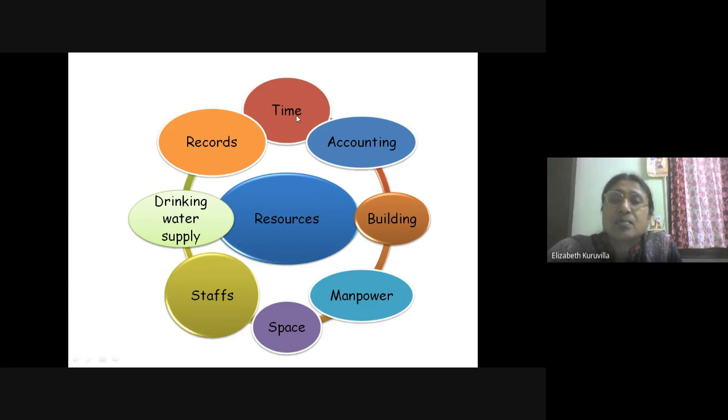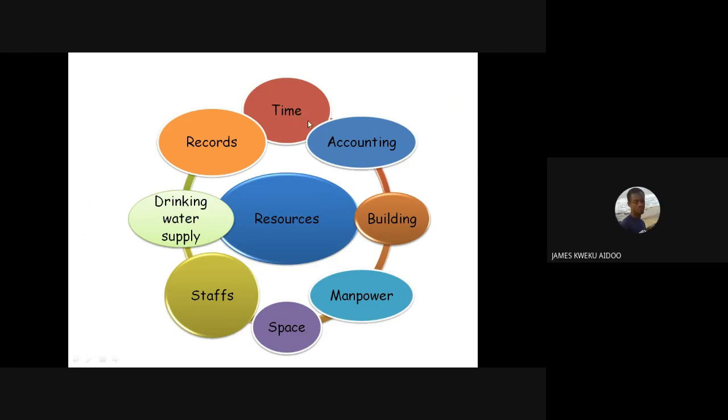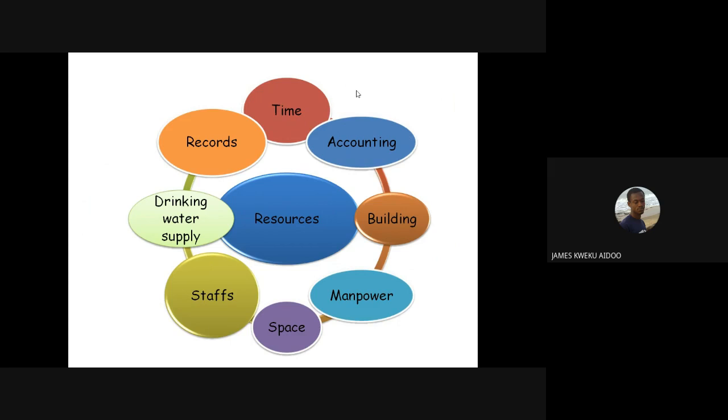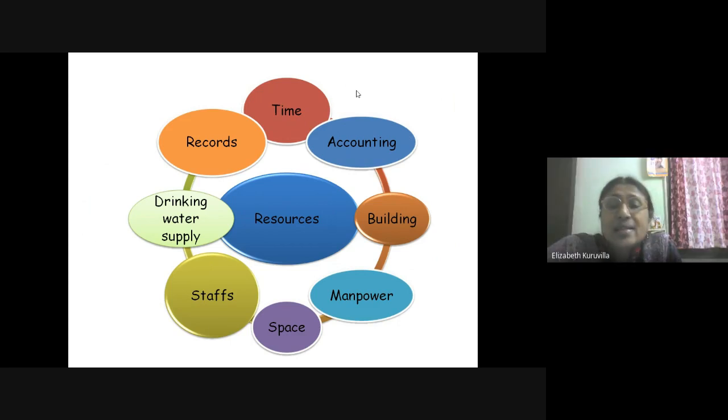All right, madam. I am reading from time, that is from my right to left. Time, accounting, building, manpower, space, staff, drinking water supply, records, and then the middle one is resources. That is the main thing. Which are the different types of resources? These are some of the examples.